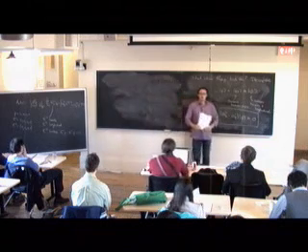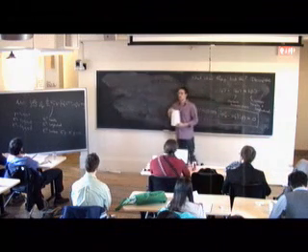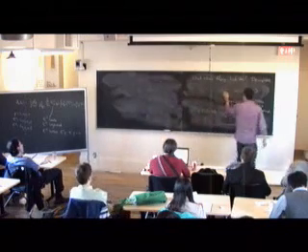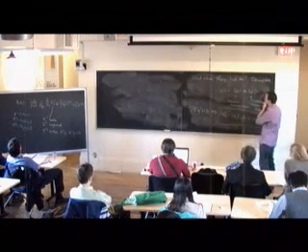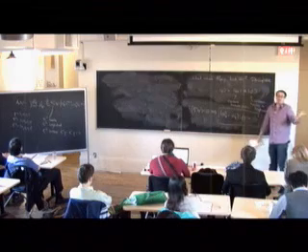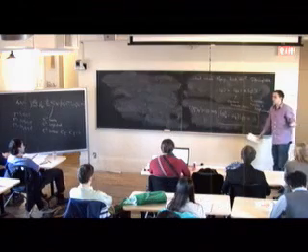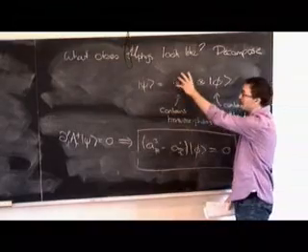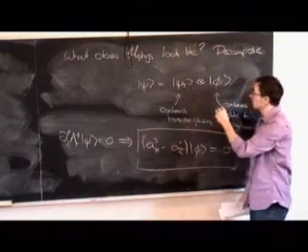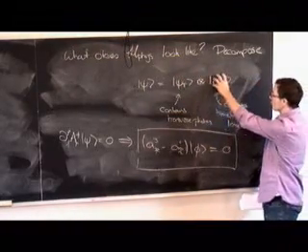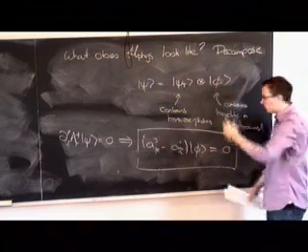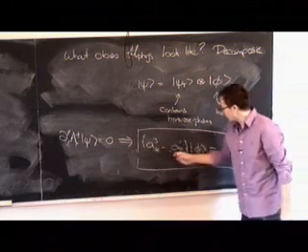Other questions? Okay, so we've got these physical states, and it's not quite what we wanted. We didn't just get rid of time-like and longitudinal polarized photons. We can have as many transverse photons as we like. This can be anything with transversely polarized photons. But this state phi, which contains time-like and longitudinal guys, has to obey the following,